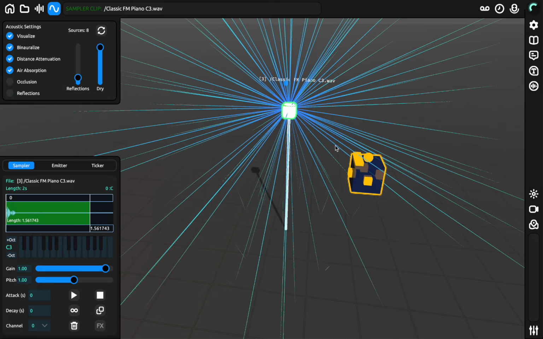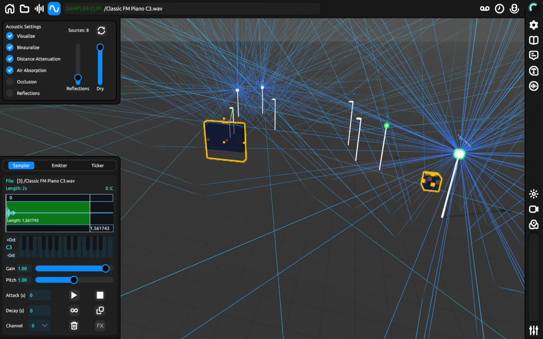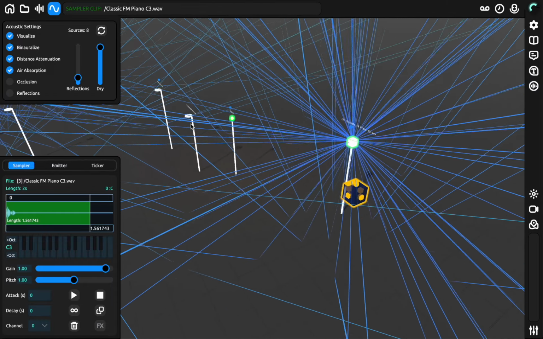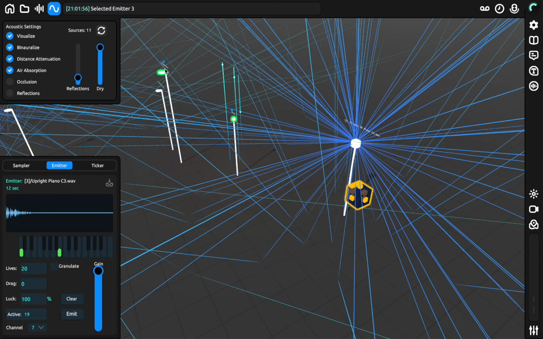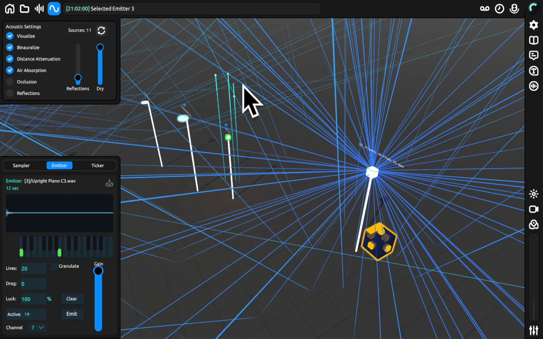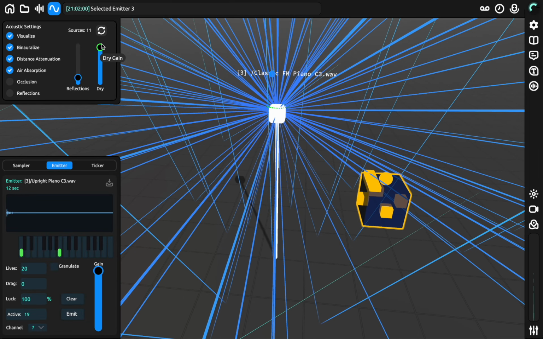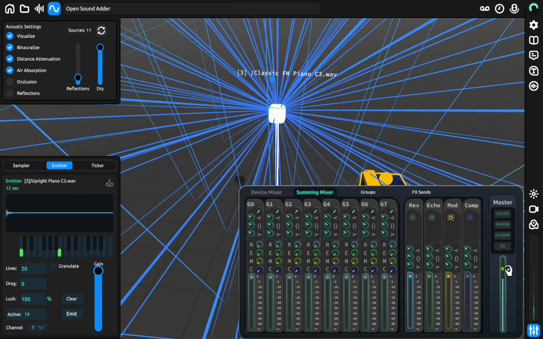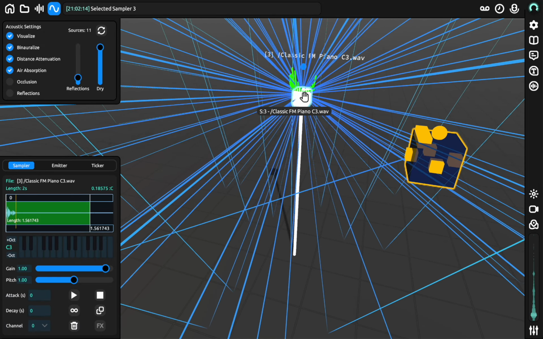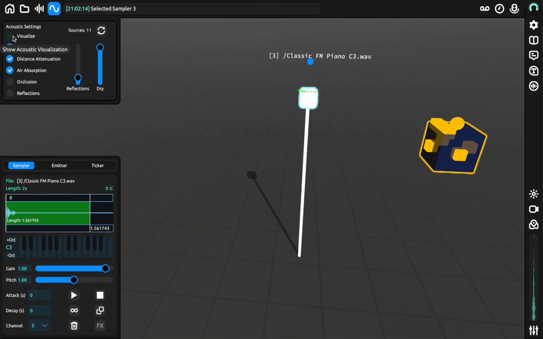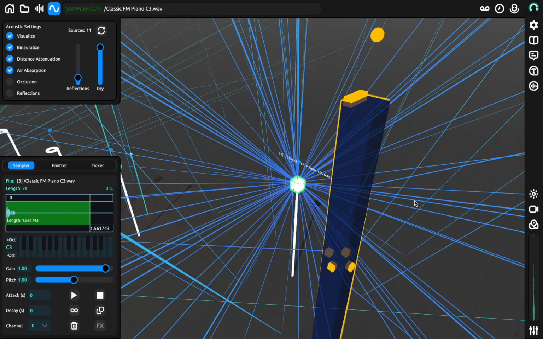So visualize just gives you the visualization of how the sound waves are propagated. I didn't include this for the balls because you get a lot of them and it gets a bit hectic, but it does use the algorithm for spatializing the sound. Yeah, so visualize just shows you, and it also shows you how